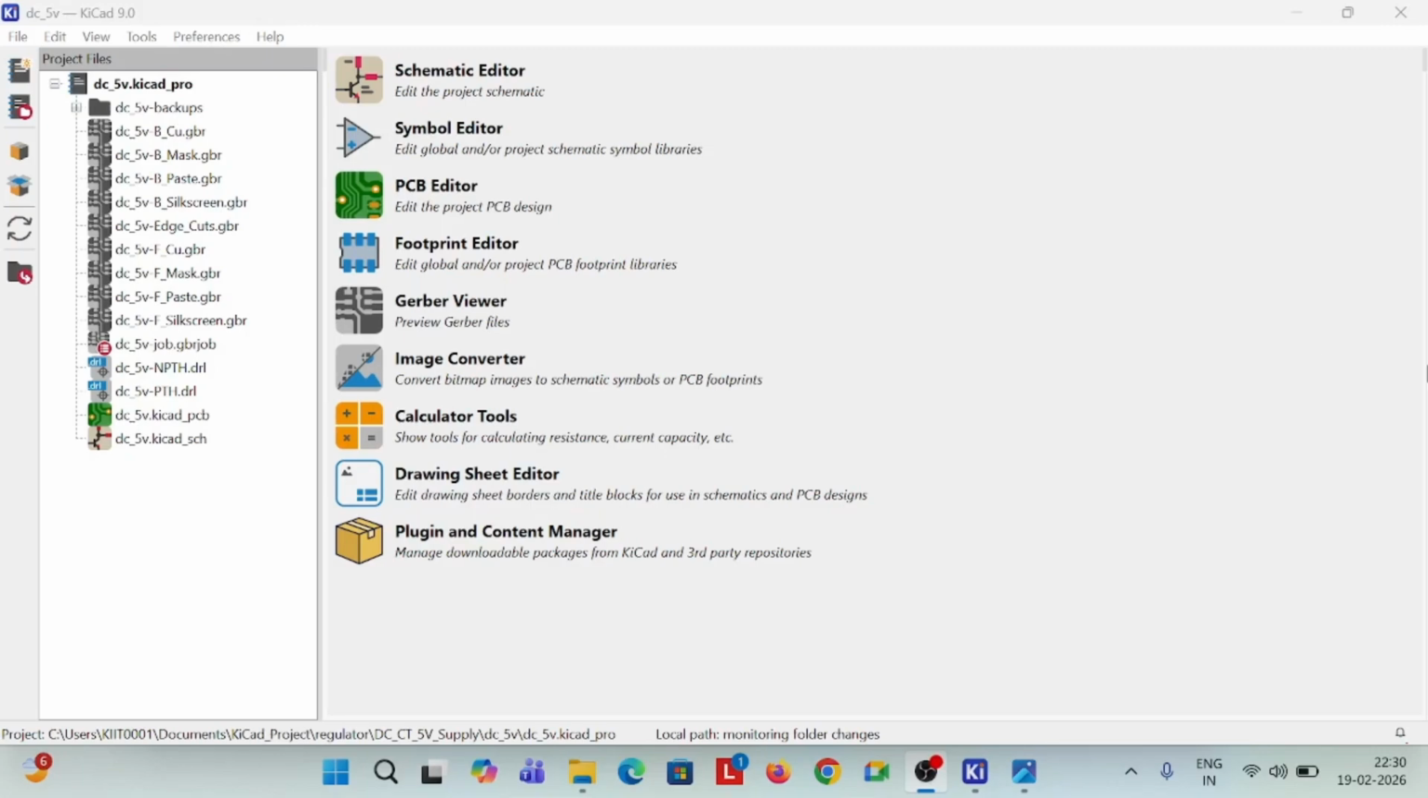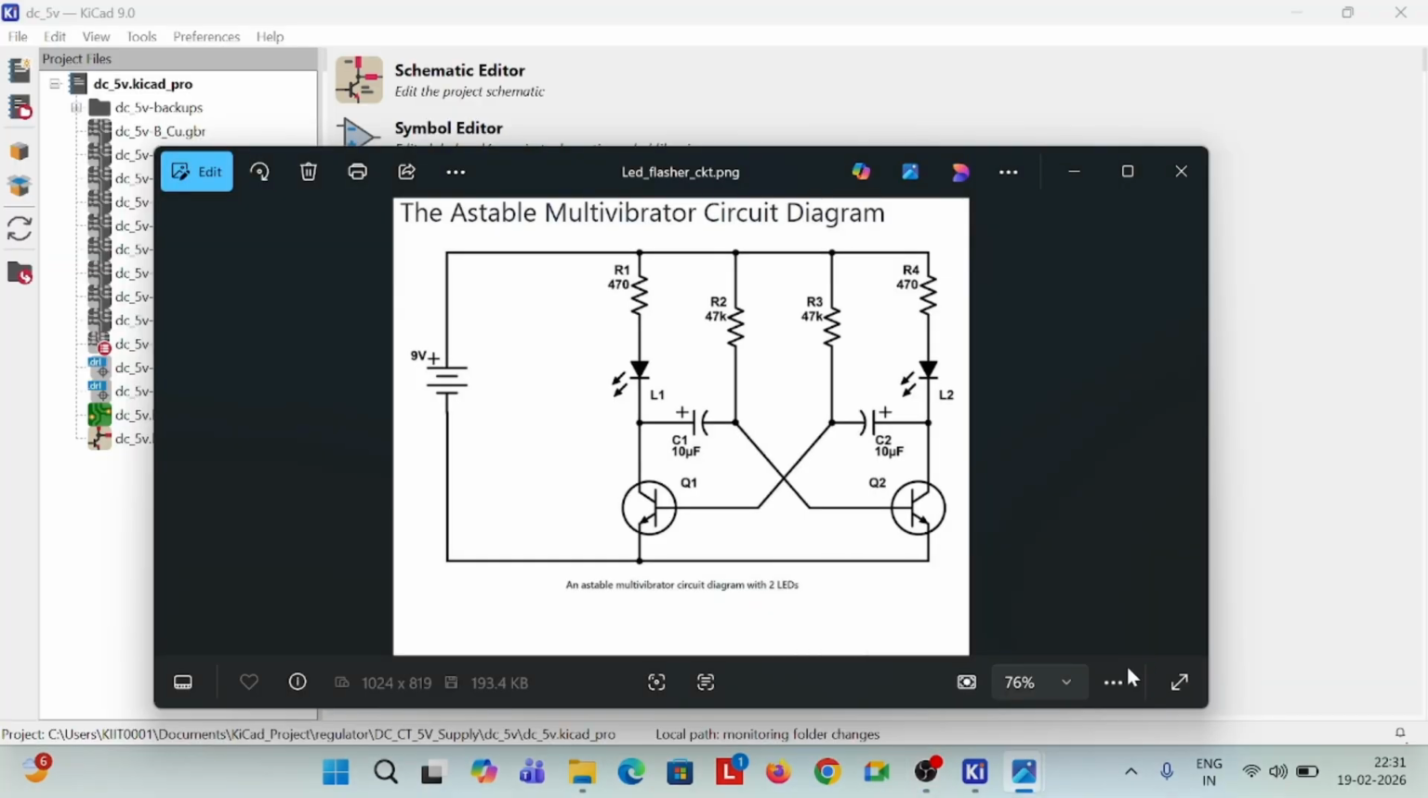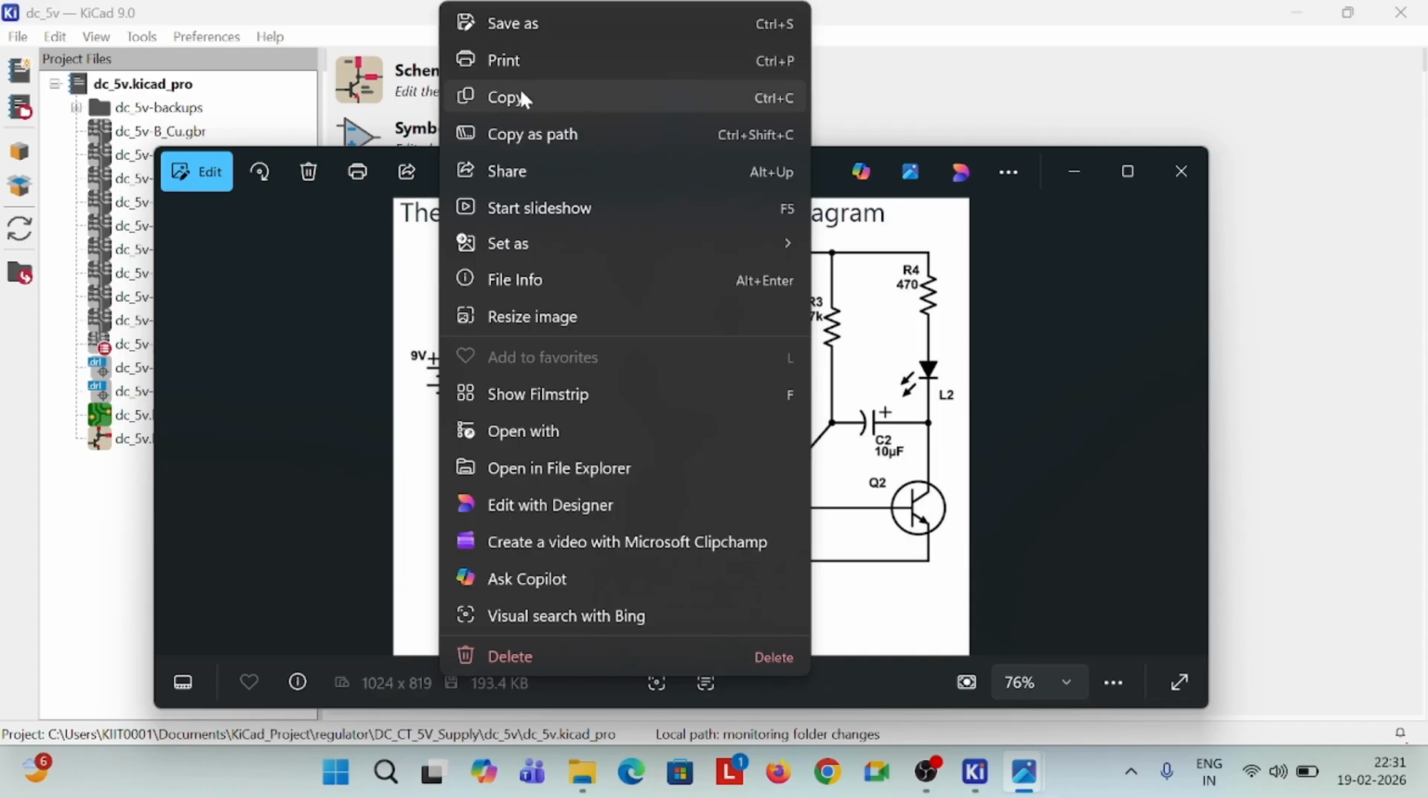Hello, today we'll design a PCB for an Astable Multivibrator, also known as an LED flasher. So you can mark, this is the circuit we want to design. Let us copy the circuit,